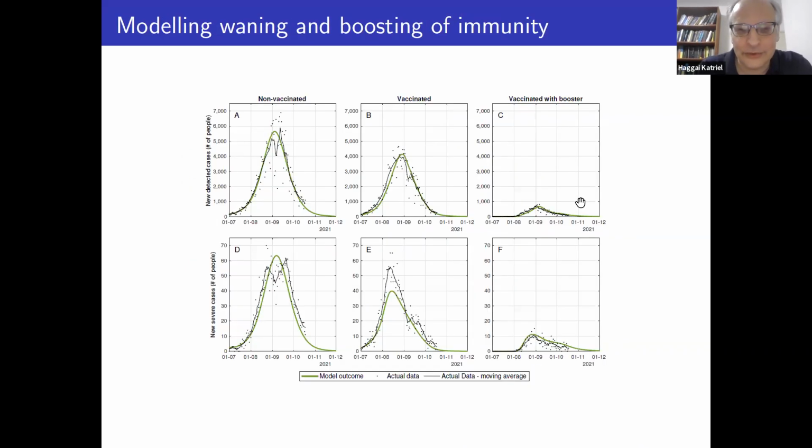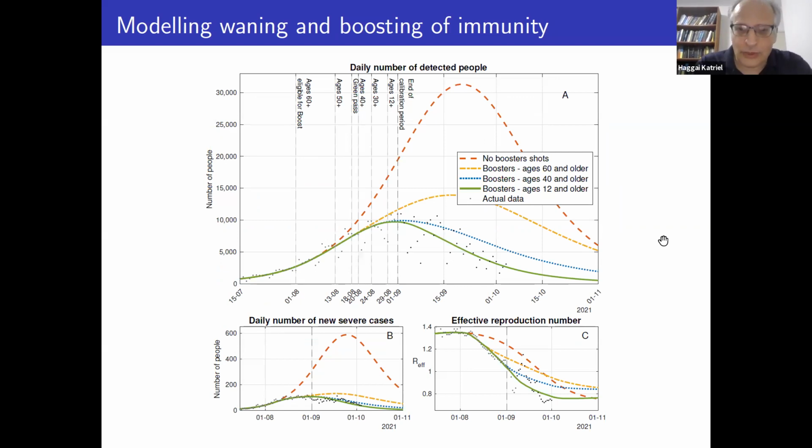This is the fit to the various groups. Now I want to discuss what we can do. Beyond trying to make predictions, what can we do with this, retrospectively? So we have the fitted model. We fitted the model to the data. We can consider all sorts of counterfactual scenarios, and maybe learn something.